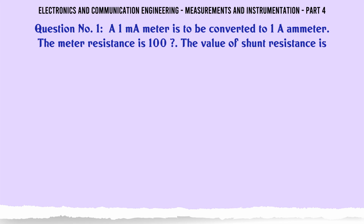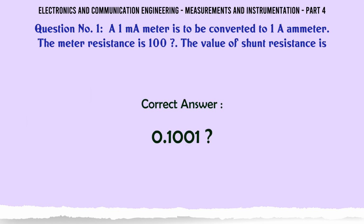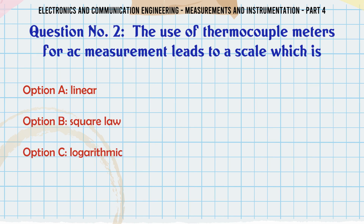A 1 wattmeter is to be converted to 1 ammeter. The meter resistance is 100. The value of shunt resistance is A 0.001, B 0.1001, C 100, D 1000. The correct answer is 0.1001. The use of thermocouple meters for AC measurement leads to a scale which is A linear, B square law,